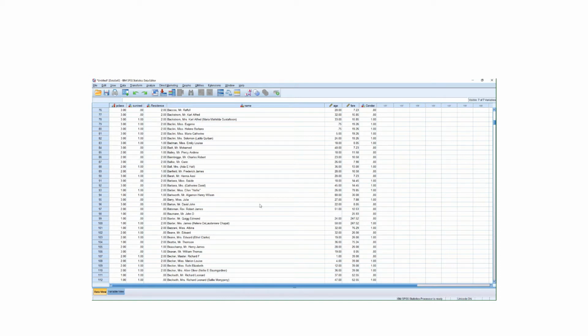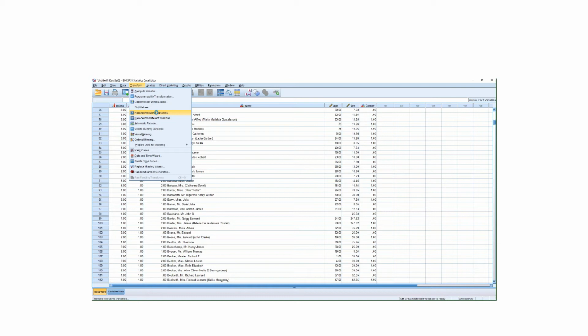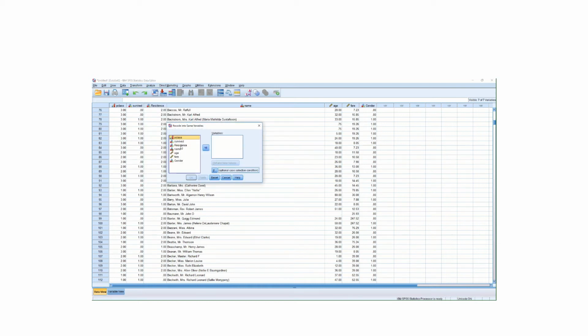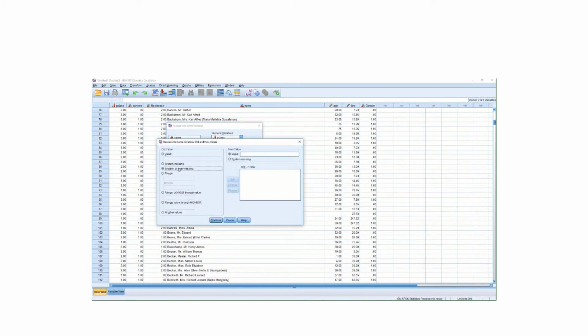So what we have to do is we have to do 2 steps. We have to make sure that any of these blank spaces are replaced with -1s, and then we have to make sure that -1s are recognised as missing values. So the 2 steps involved, we have the first part, which is going to transform, recode into same variables. We can hold down Shift to select anything which doesn't have an A next to it. We go to old and new values. System or user missing is